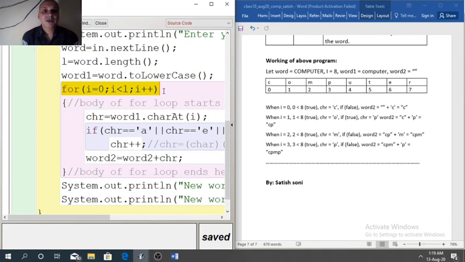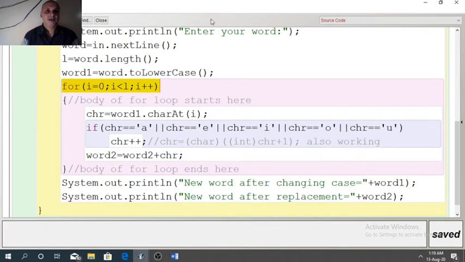So our objective is to extract the characters present at the given index from 0 to 7. It means all the characters of computer word will get extracted. So CHR will store the characters present at each index.